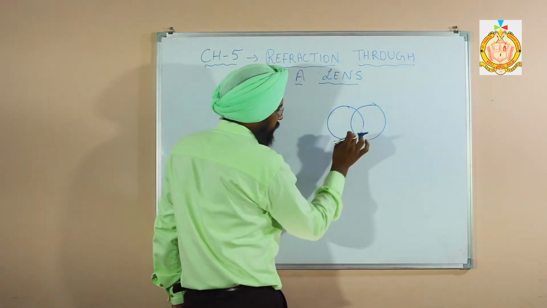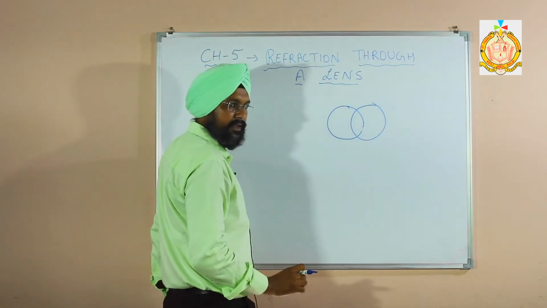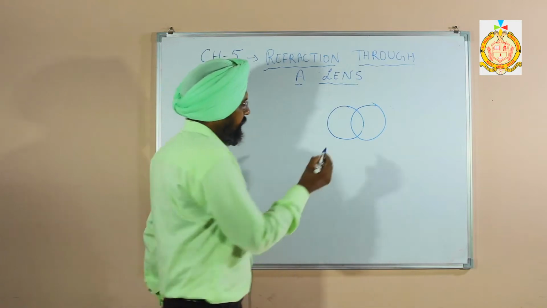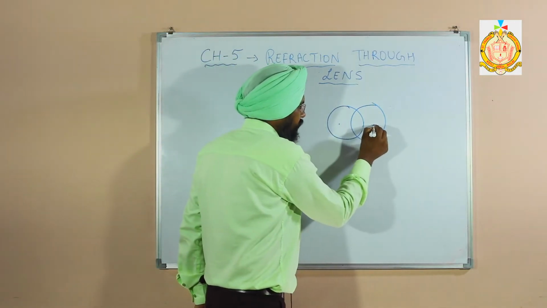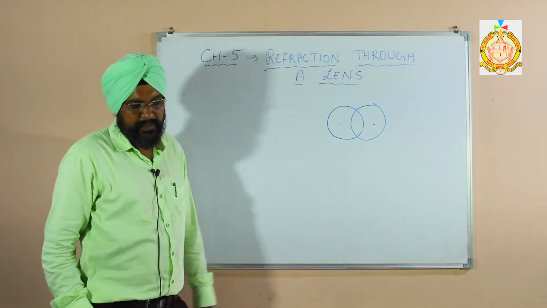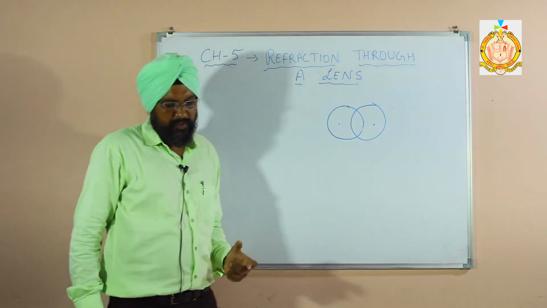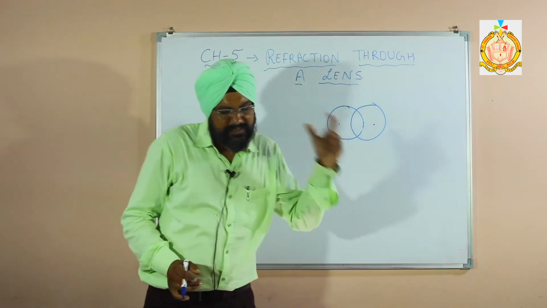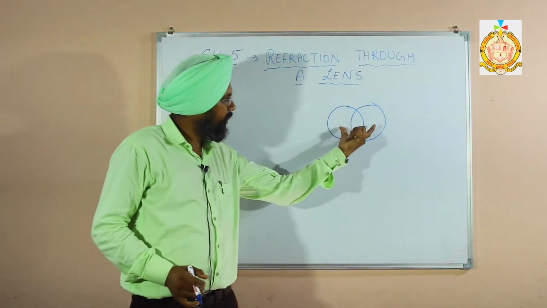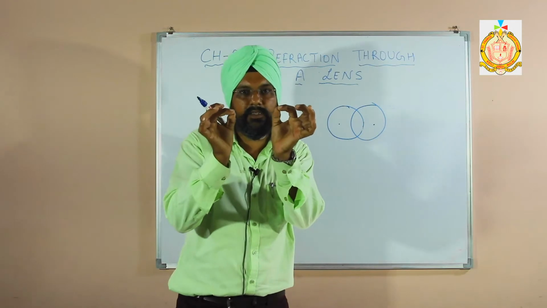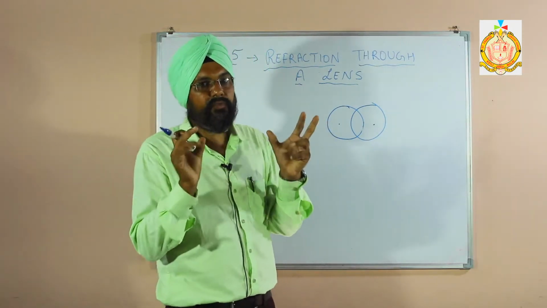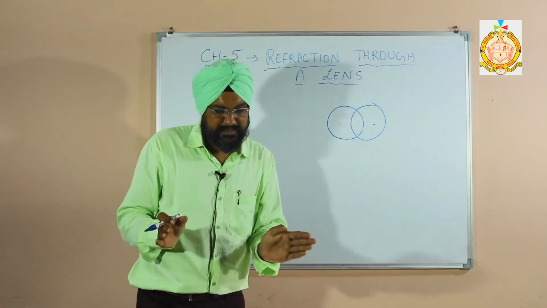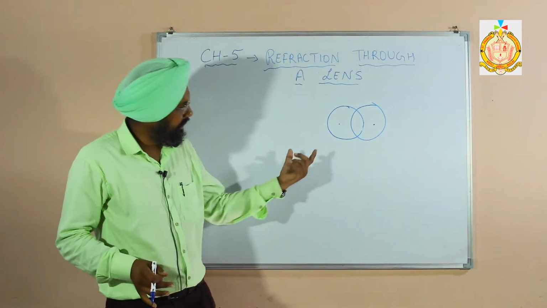Okay, so what is in the middle? What type of lens is there? This is a convex lens, and this is the center of the sphere. That means the center of curvature. So the center of the sphere, whose part the lens is. This is the center of the sphere. Always you have to relate the terms with the sphere. So the center of curvature is the center of the sphere whose part the lens is,